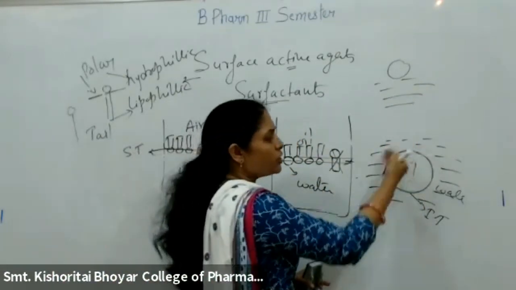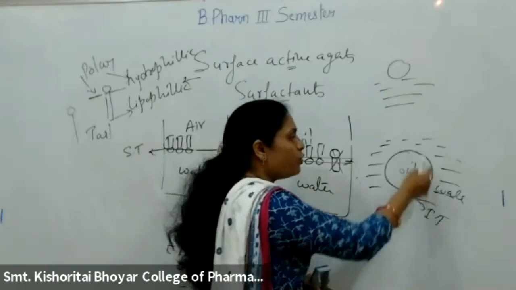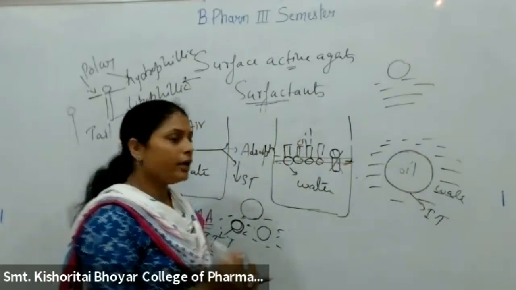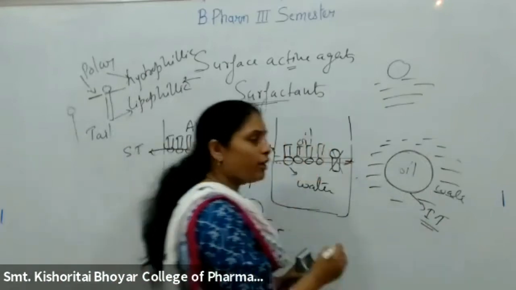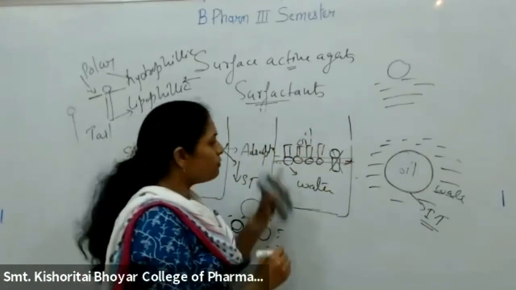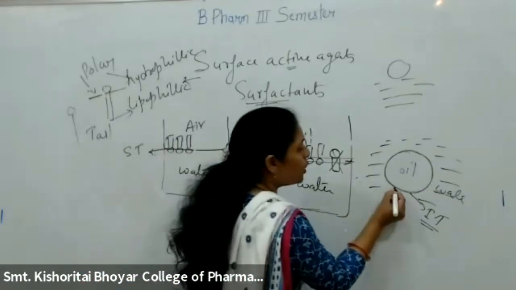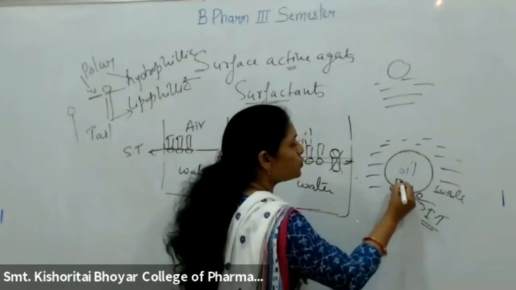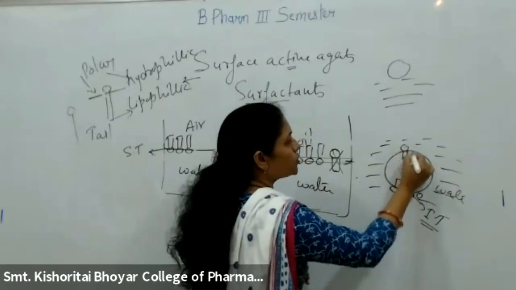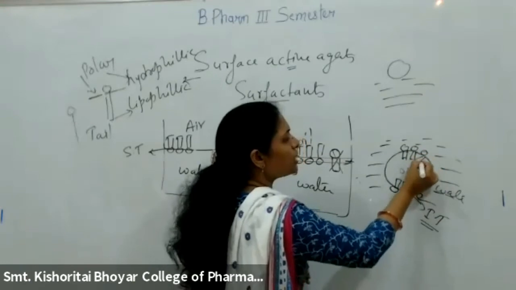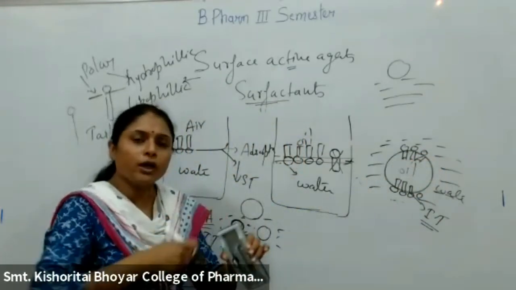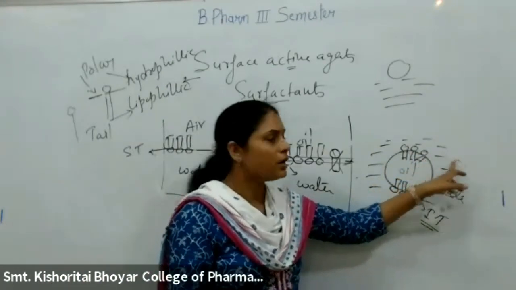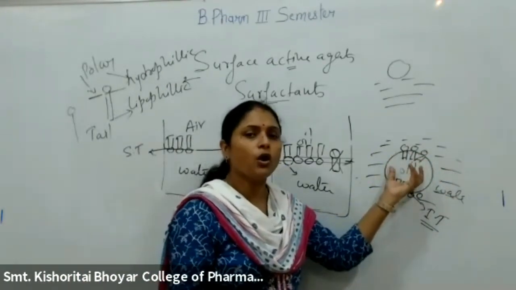But if the interfacial tension value is less over here, then obviously it is going to remain there in the form of a globule. And the interfacial tension value will reduce when we add surface active agents. When we add surface active agents, the polar heads will be towards the water, and the non-polar tails will be towards the oil phase. So in this manner ये पूरी तरह से यहाँ पे एक फिल्म फॉर्म करेगा, ऑयल ग्लोब्यूल के अराउंड एक फिल्म फॉर्म करेगा, where polar heads are towards water and non-polar tails are towards the oil.